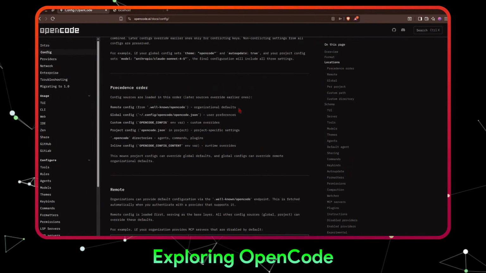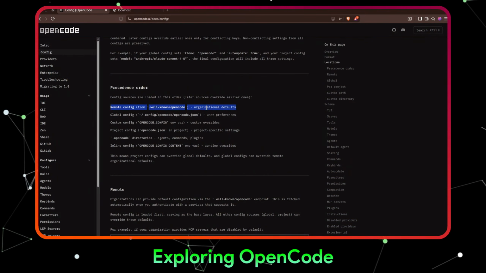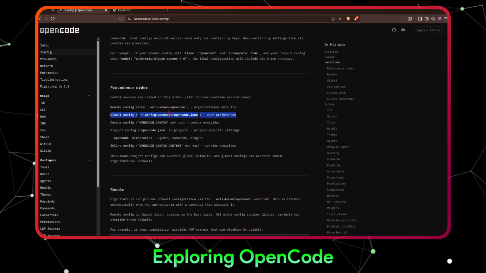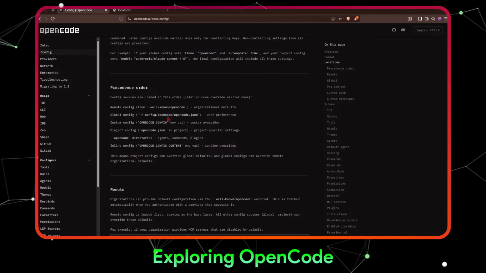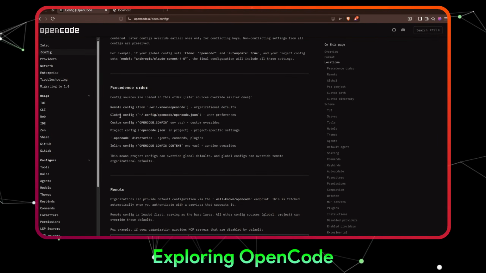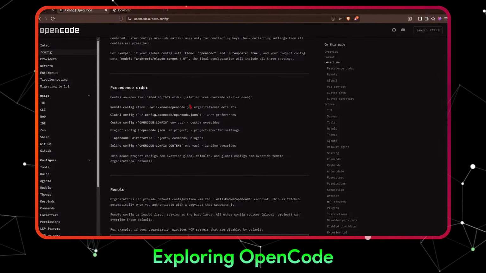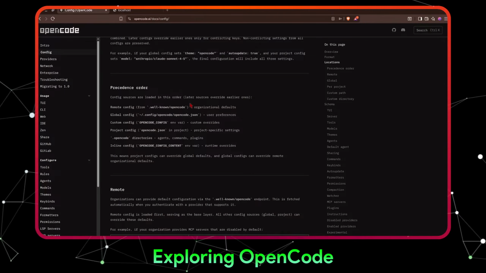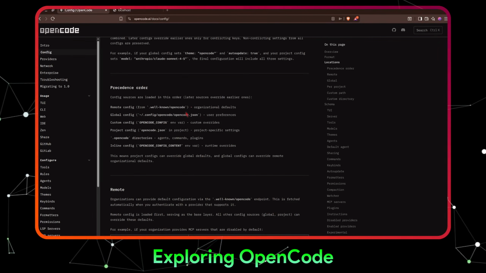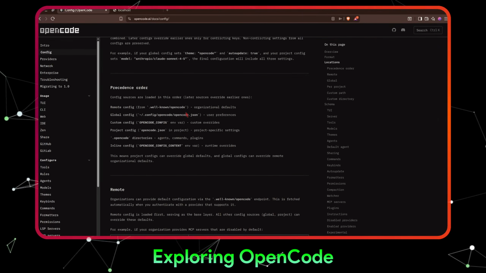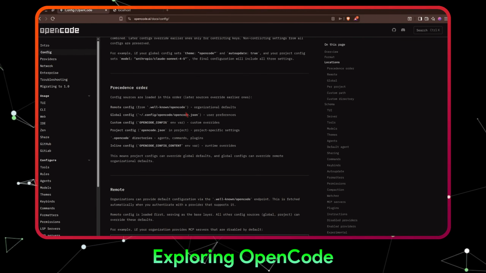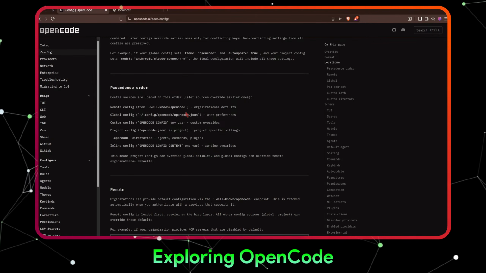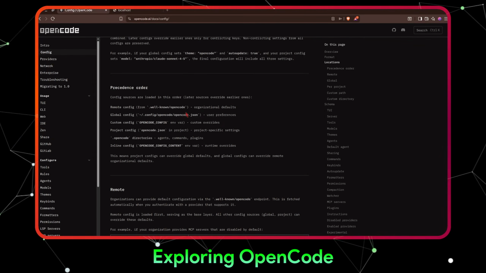Now, precedence order. Okay, first it will fetch the organization's configuration. Then it will look for the user's global configuration. If there are any configurations that conflict with these two configurations, yeah, it's like blindly trusting the agent. Now, it is a big dilemma, to be honest, because